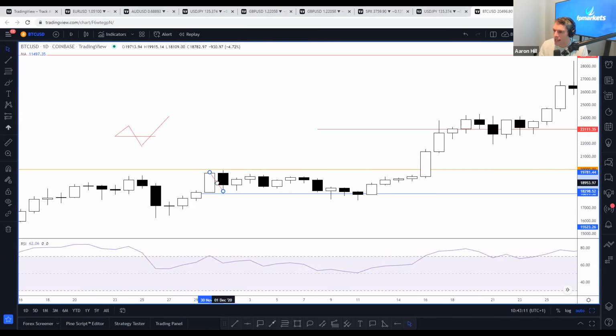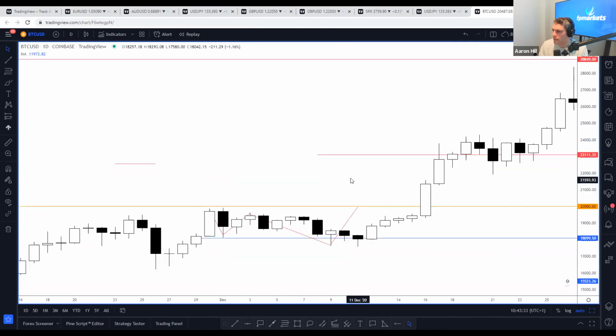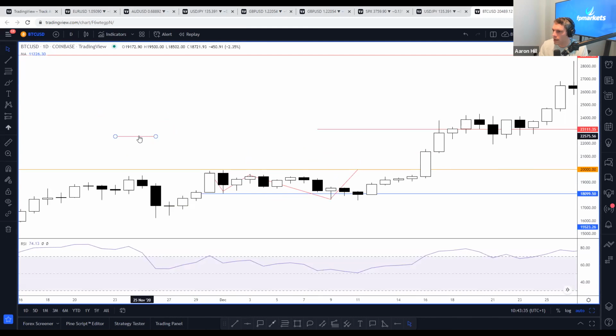But look, this is the low at this point. This is the high. So the low, high, and then we have the low coming down. Draw that to the candles. And then we have the subsequent move to the upside. I don't need to install that because that's already there. So we have the low, high, lower low, and subsequent move to the upside.